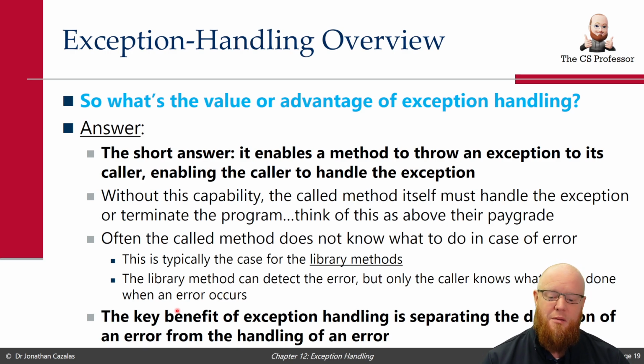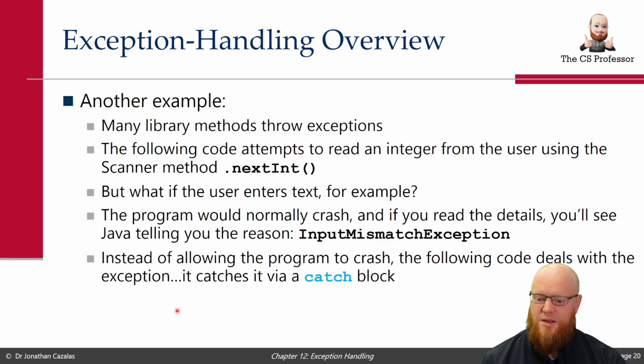And a good example would be library methods. A library method can detect an error, but it doesn't know what you want to do, so it's going to throw an exception, and then it's going to allow you to deal with that error. So the key benefit is to separate the detection of an error from the handling of an error. An example, I mentioned the library methods. The following code is going to attempt to read an integer from the user using nextInt. But of course, we've seen that if the user enters anything other than an integer, it will give an InputMismatchException. So instead of just having the program crash with this InputMismatchException, we're going to deal with that